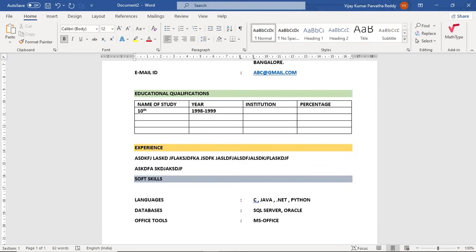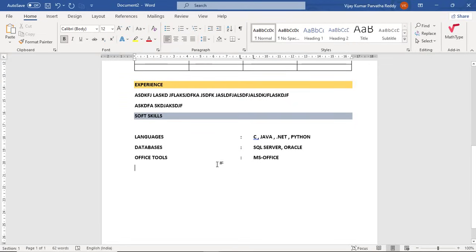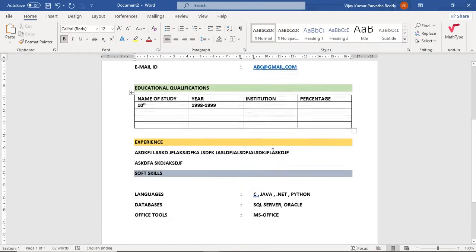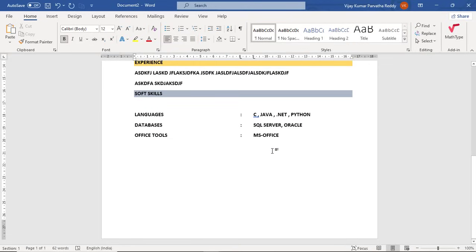Like that you can use all these areas and you can fill up all these areas,